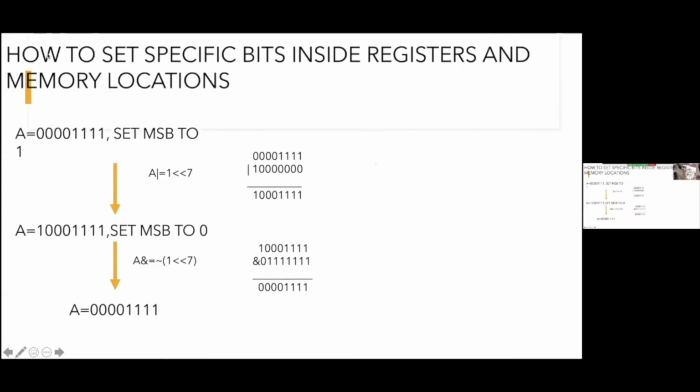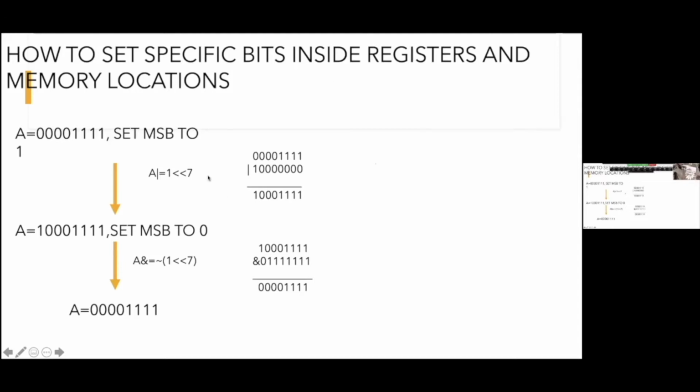Next, how to set specific bits inside a register or memory location. Let's say I want to set the MSB, the most significant bit, to 1. In the memory location A, I want to set the first bit to 1. First I do 1 left shift 7.